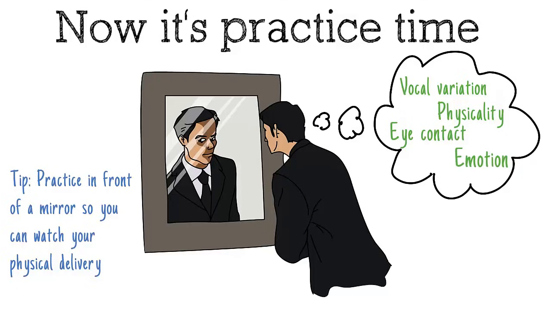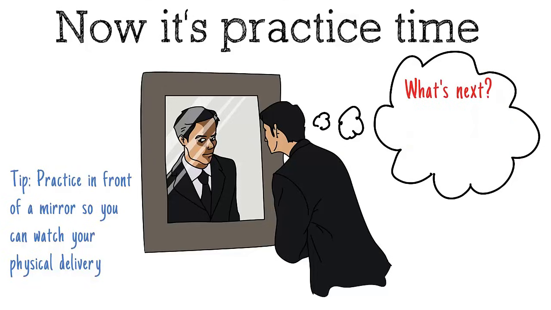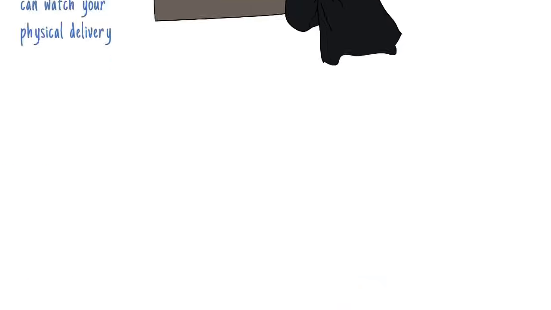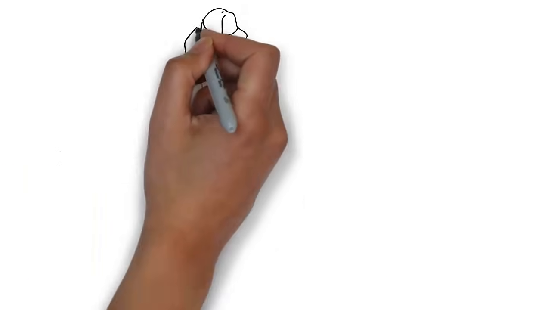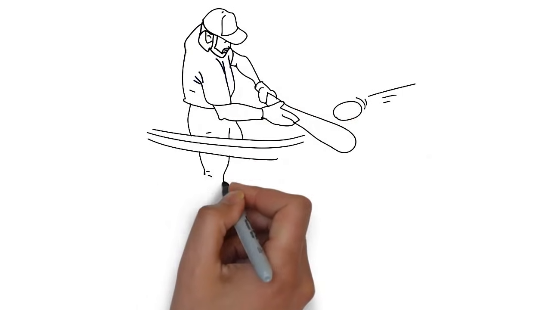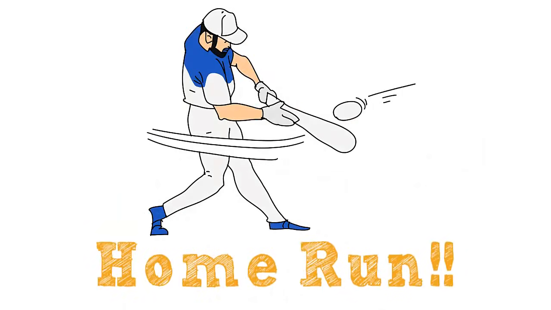Keep practicing and you'll rely less and less on the imagery in your head, but it'll be right there if you need it. If you do happen to forget your next point, pause and take a breath while you check your mental cue cards. Rather than memorizing your speech, your focus will now be on making your speech memorable for your audience. And that's when your public speaking becomes fantastic.